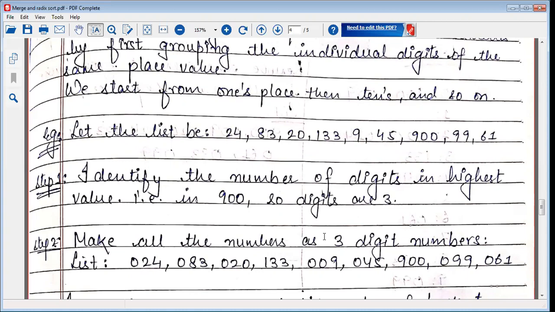As I told you, radix sort is very much dependent upon the type of input that you have. Here the input is decimal numbers, so the base is 10. Therefore, we are going to maintain 10 buckets starting from 0 to 9, right? This is the range of a decimal digit, 0 to 9. With the help of these buckets, we are going to sort the input data.